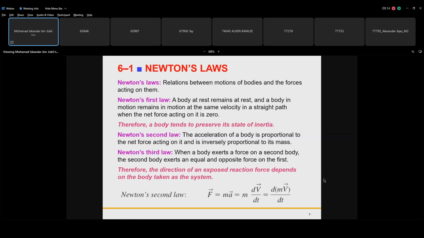It's that simple. Newton's first law is stating that a body at rest will remain at rest, and a body in motion will remain in motion at the same velocity in a straight path when the net force acting on it is zero. What it meant is actually when you have a body,